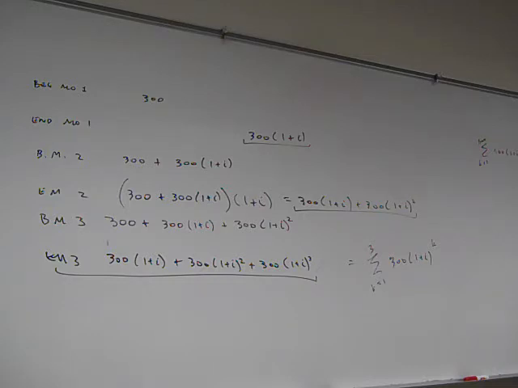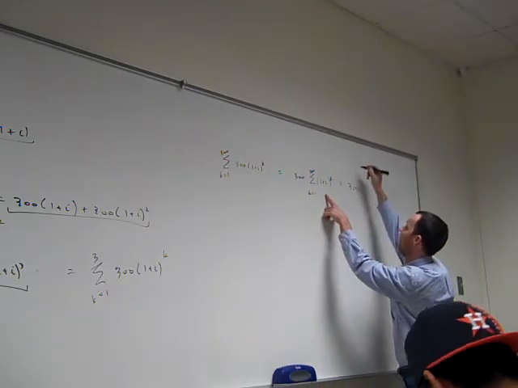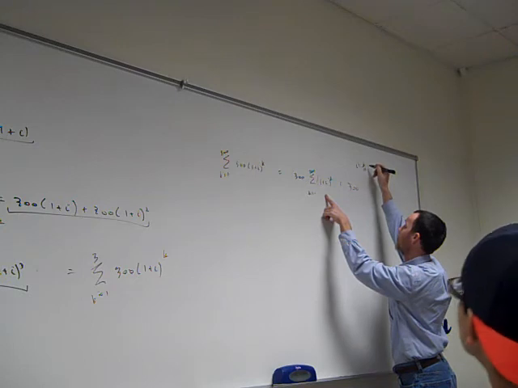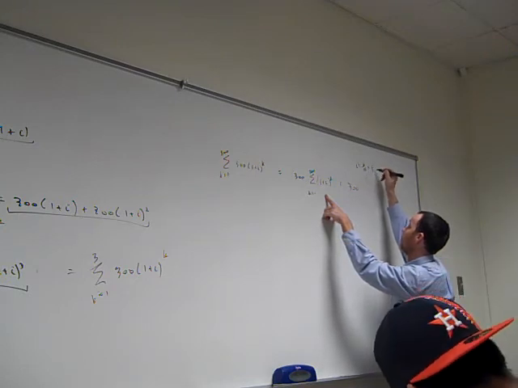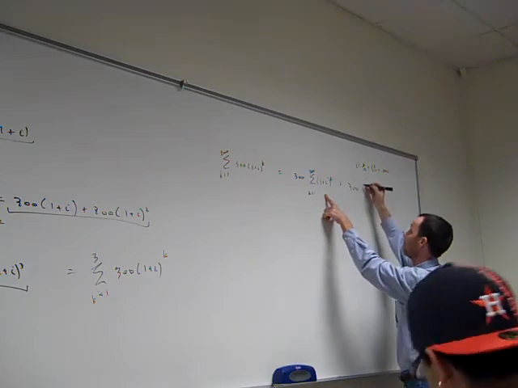What kind of series is that? It's a geometric. That's what we've been studying, right? Things raised to the power. So what is that? That's 300 times 1 plus i. Well, now let's put in what i is. i was 6 over 12, which was 0.5%, which was 0.005. So that's